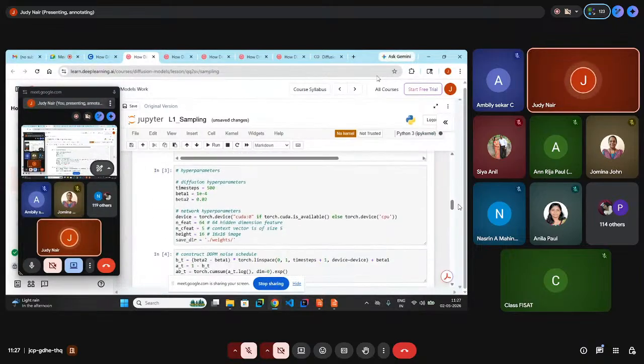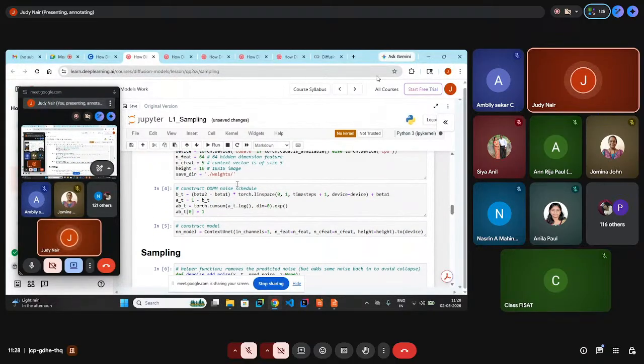Then, as we said, alpha and beta are the noise level. In the first slide, we mentioned alpha is equal to 1 minus beta, and beta is equal to 1 minus alpha. So beta is the noise value that we are giving. Here they are following a linear schedule only. This is just an implementation of the initial paper, with slight modifications. Beta 1 starts at 0.001, and beta 2 reaches up to 0.02 in the final at 500 time steps. Then the torch device, and the images are 16 cross 16.